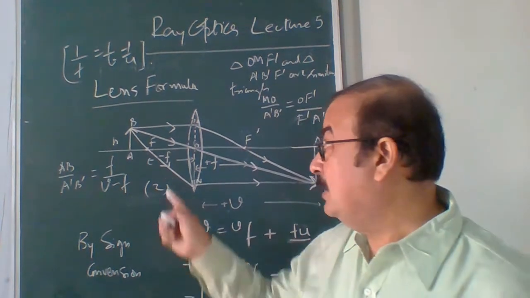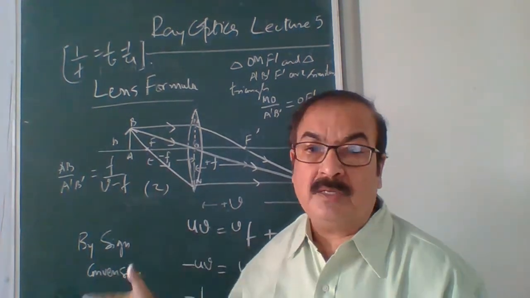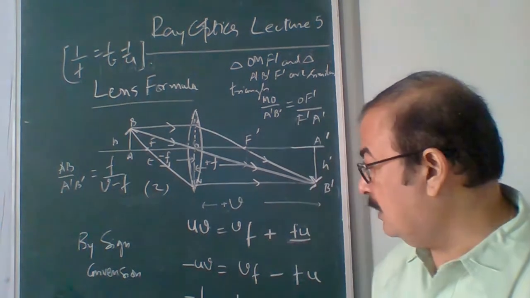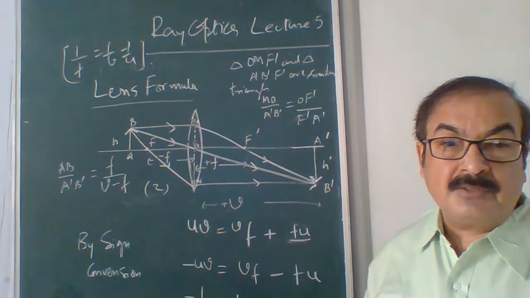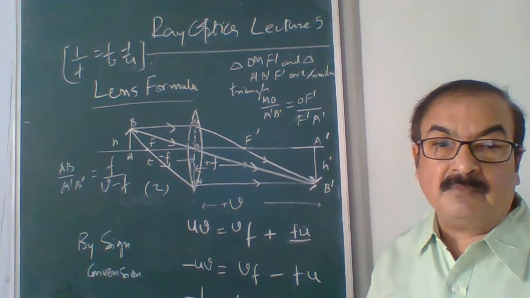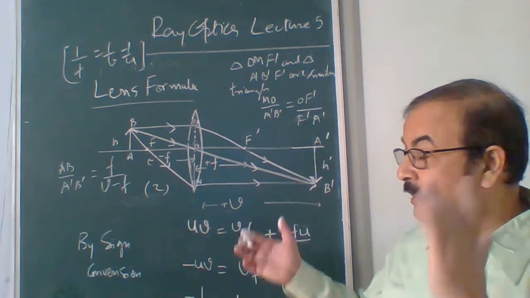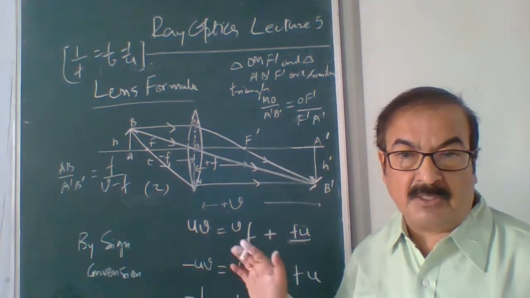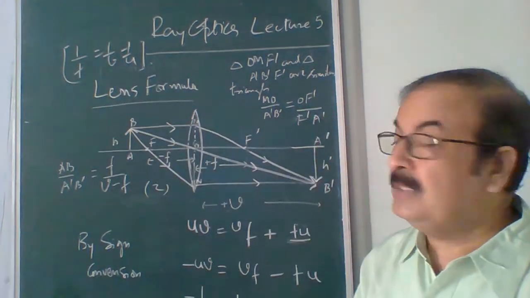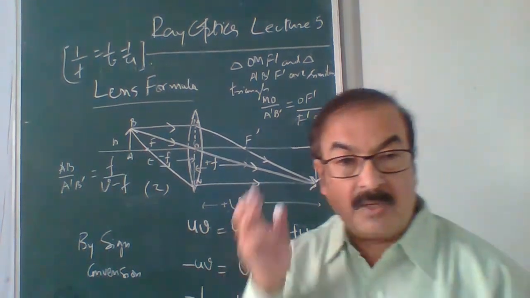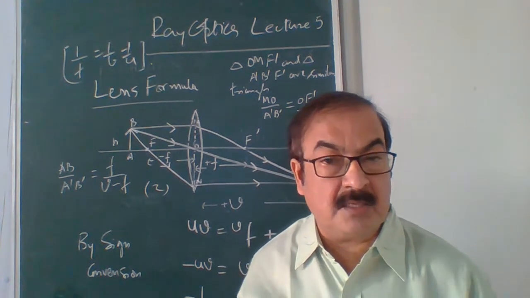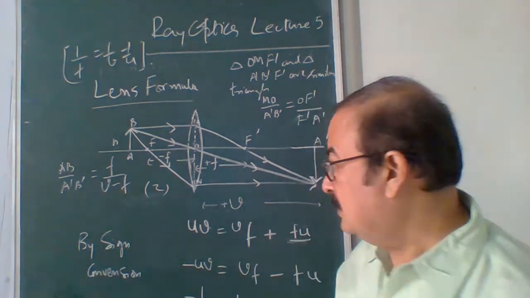Remember, while calculating this, we have to take only the magnitudes of the distances. No need to apply any sign convention over there. But at the final stage, we must use the sign convention because the negative and positive signs have a very important role to play while using a lens. It's a very simple thing. So this is the formula: 1 upon f is equal to 1 upon v minus 1 upon u. This is called the lens formula. Remember, this is useful for concave as well as convex lenses. They are very important.